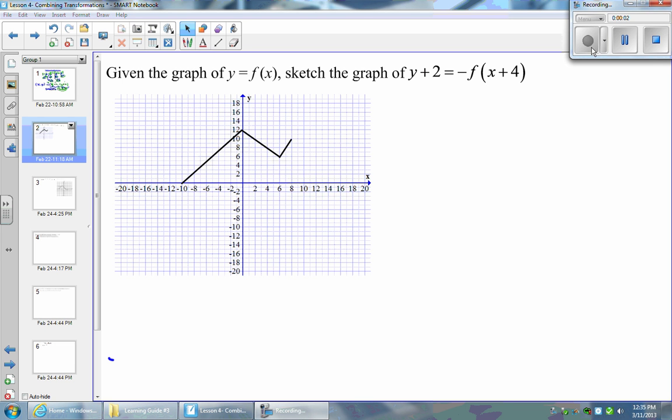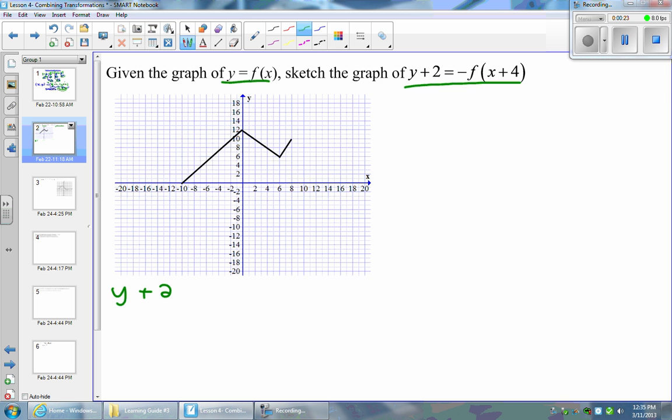All right, in this lesson, I'm going to teach you how to apply a combination of transformations to a given graph. So I'll give it a graph here. It's the graph of a function y is equal to f of x. And using this graph, I want to sketch the graph of y plus 2 is equal to negative f of x plus 4. So just like in past lessons, what you want to do first is you want to examine